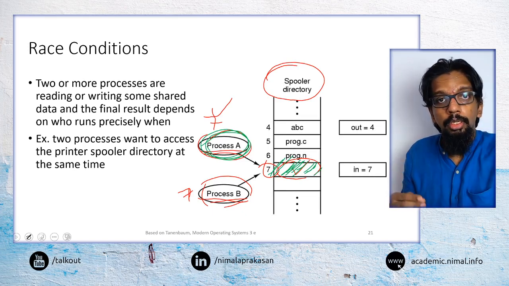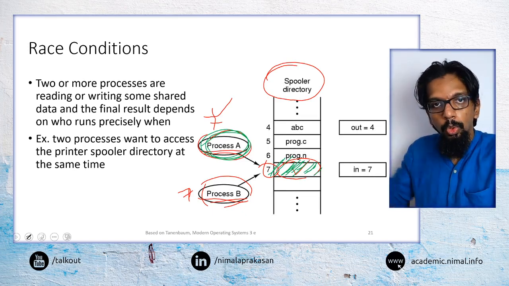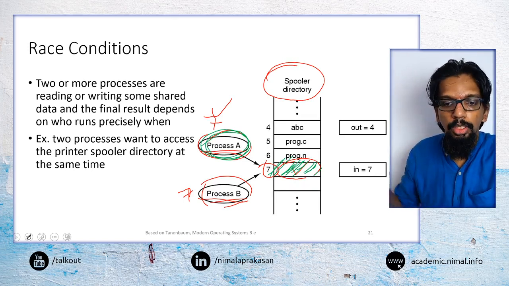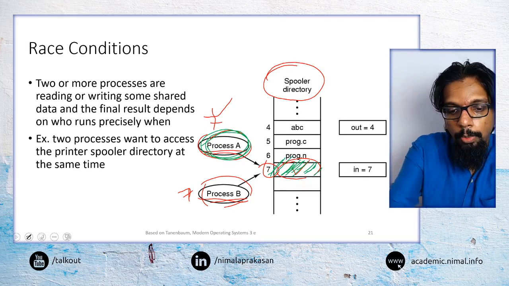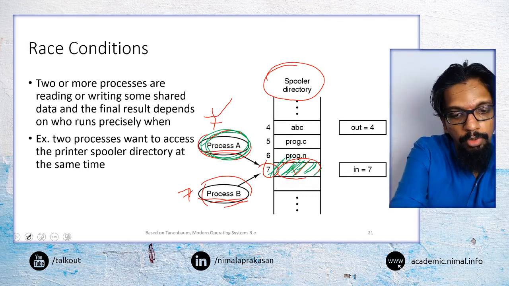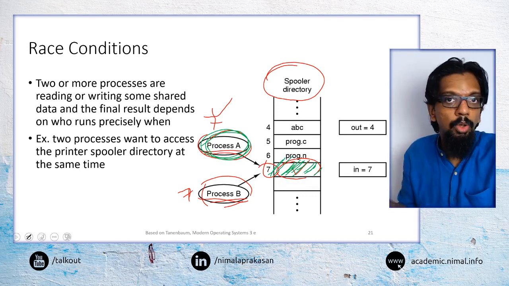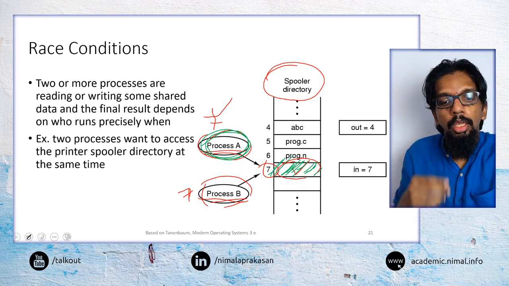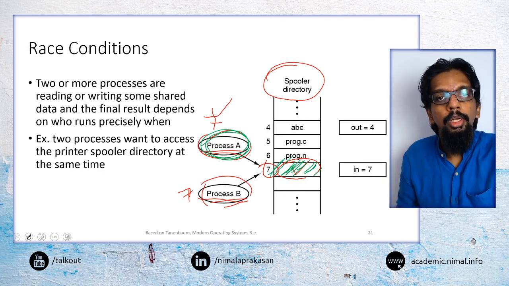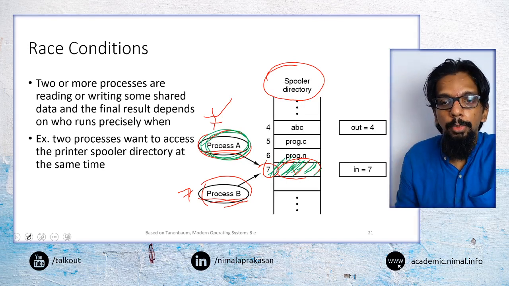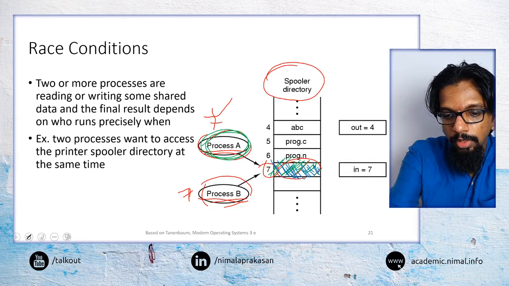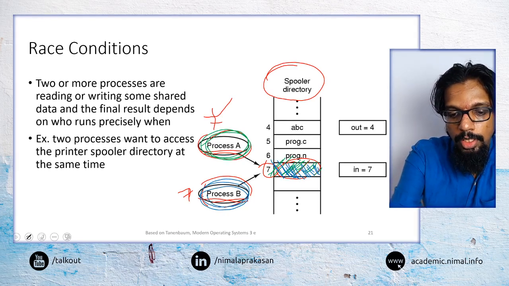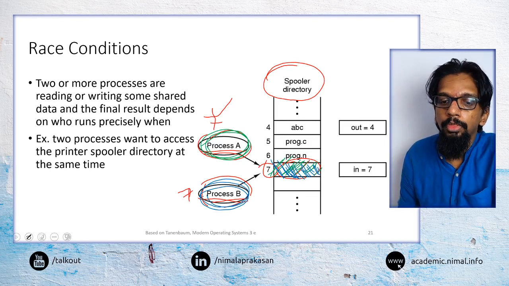Now at this point, process A again goes back to ready state after another switching. Process B comes back to running, and now process B has some other information, so process B also needs to store. It also thinks, okay, it can store in 7 because that's the last information it had. So it will go and store the information in 7. It will take the memory space in 7, and whatever the information in 7 will be now from process